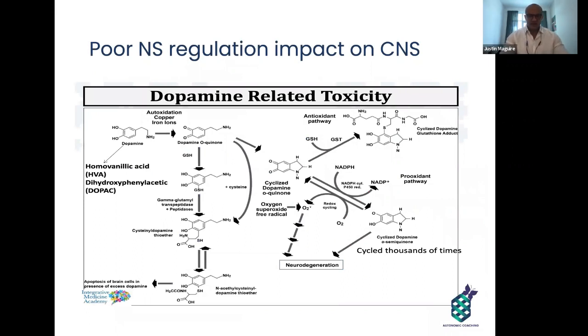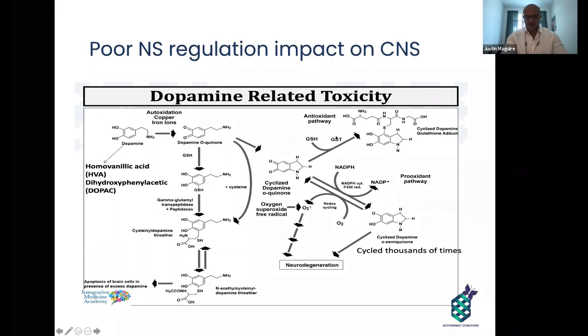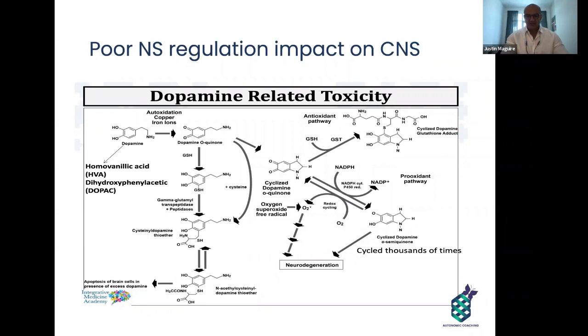So again, excessive amounts of dopamine can really create apoptosis of brain cells over a long period of time. The reason why I wanted to make you guys aware of this slide is due to the metabolic intermediaries that it depletes when it is releasing excess. Glutathione is one of the biggest ones that it depletes over here. NAD is yet another. And you also find SOD, so it increases the release of oxygen superoxide free radicals. So superoxide dismutase is heavily utilized as well